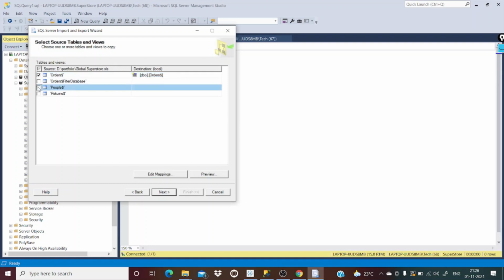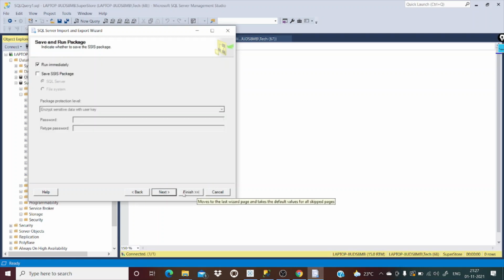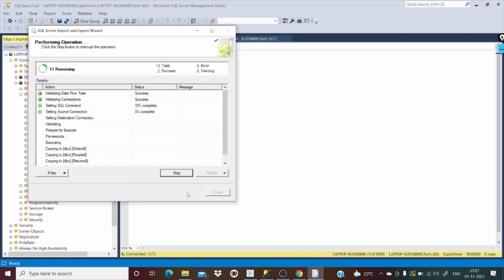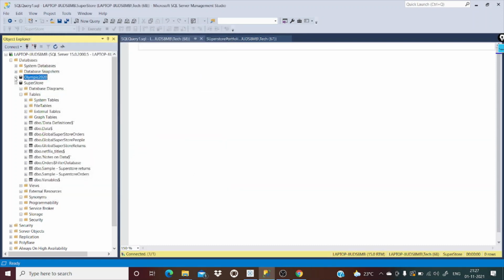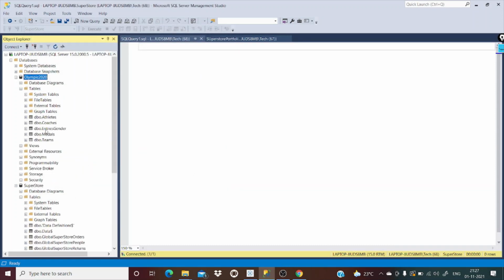Okay, just select only these three, and then next, and then next. Finish. Now it is actually importing the data from Excel into these tables. It is successful. Now just close it, and then here, let's refresh.